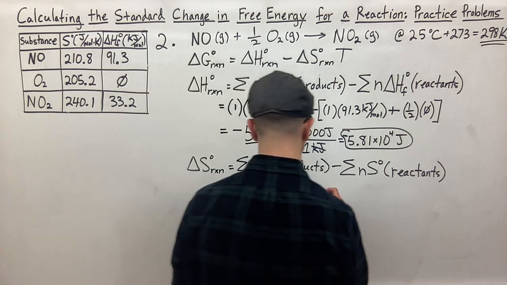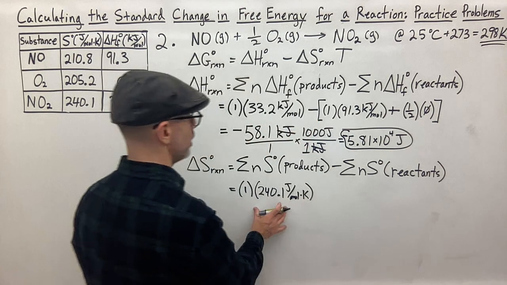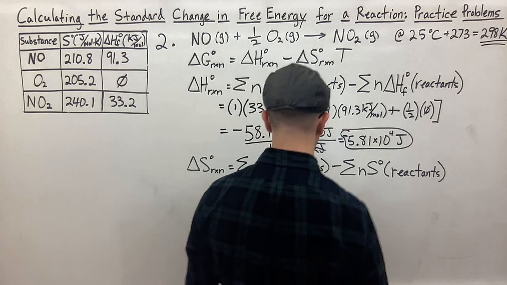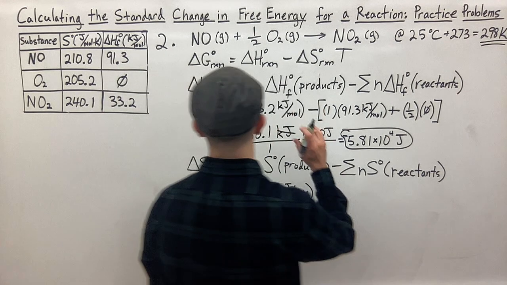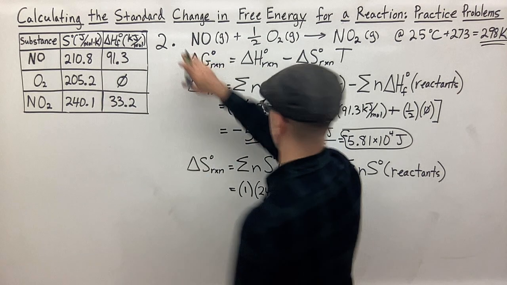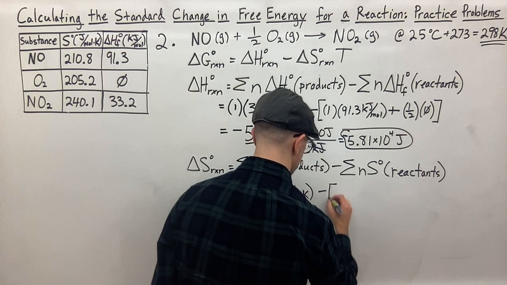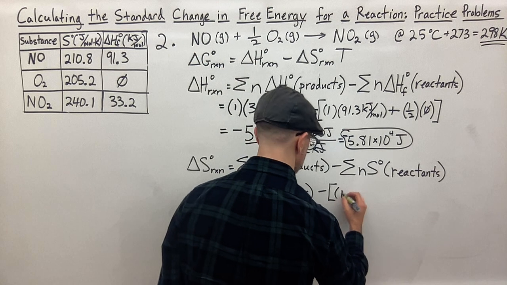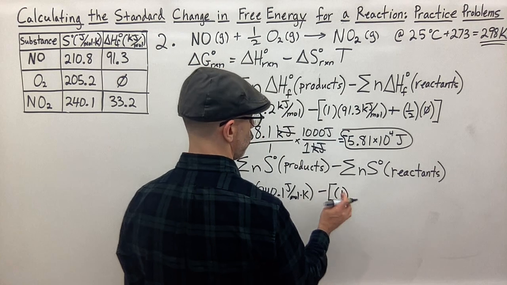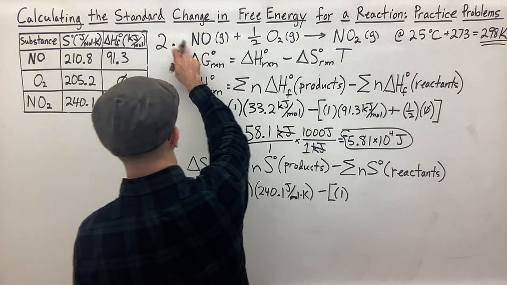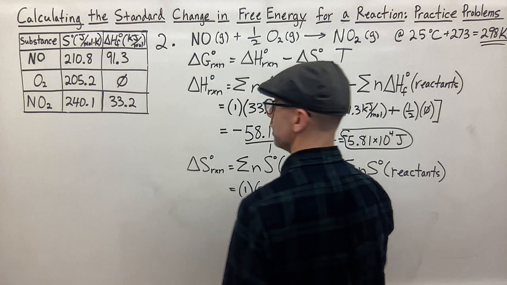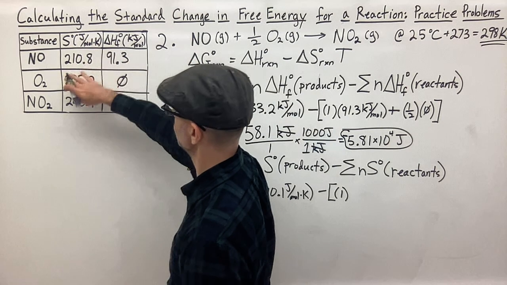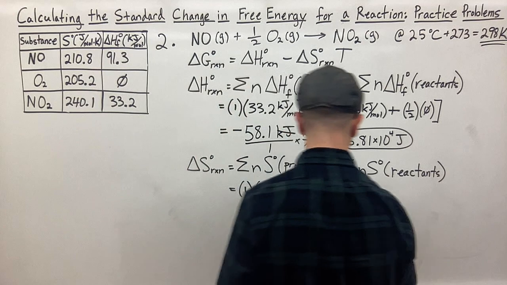And that's our only product. So now we're going to subtract out reactants. Our first reactant is NO. We have 1 of those. So we're going to put a square bracket here since we have 2 or more. So 1 of the NOs, and then the standard entropy of NO is 210.8